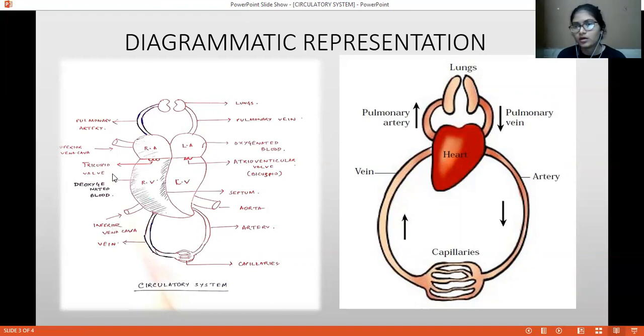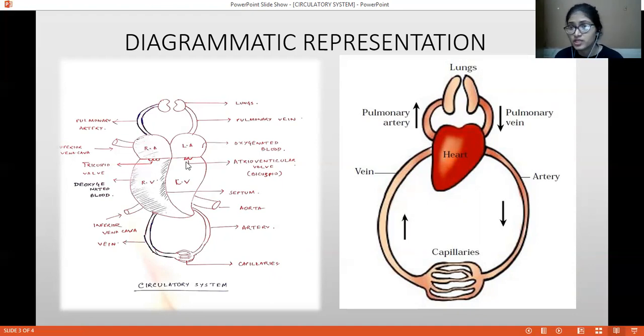As you know, our heart is four-chambered. It consists of two atria and two ventricles. And you can see in the diagram there is a left atrium and left ventricle present on the left-hand side, and right atrium and right ventricle present on the right-hand side. The left side of our heart carries oxygenated blood, while the right side of our heart carries deoxygenated blood. And there is a partition between this